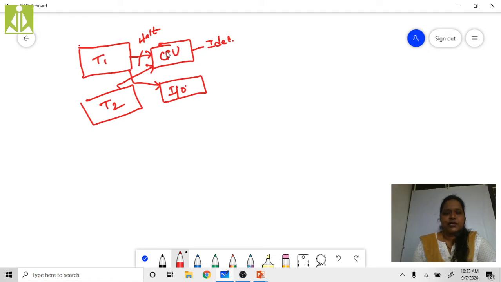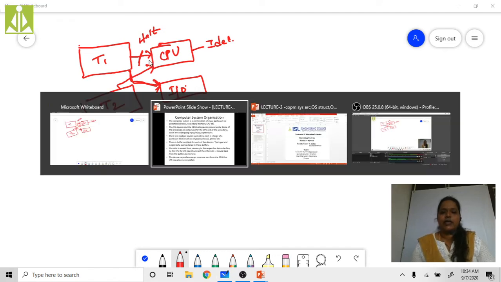We are not going to make our processor at any cost be in idle state. Suppose T1 is presently executing over here, but it needs a particular IO device, so it will stop its process and go for the IO operation, some printer or scanning operation. At that time the CPU is in idle state, but we don't want our CPU to be in idle state. So that is the reason the operating system will allocate process T2, or the task T2, to the CPU, so that the CPU is always in a busy state. So this is how the operations are going to be done.